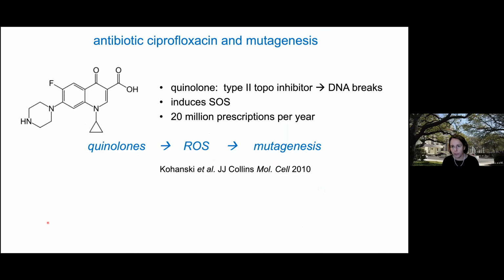Ciprofloxacin is a fluoroquinolone antibiotic, very, very highly prescribed. And resistance clinically occurs by mutations in about 3 or 4 genes. How quinolones, including ciprofloxacin, work is they're inhibitors of type 2 topoisomerases. These are the ones that break both strands of DNA, turn them around, and religate it. What these drugs do is they bind the topoisomerase after breakage, but before ligation. So it means that DNA breaks accumulate in cells.